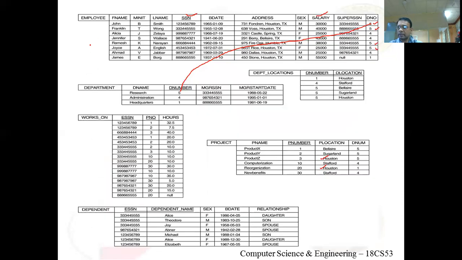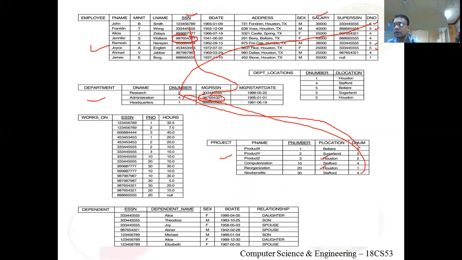I have to join this table and the project table. So first join this department number with this department number, and then this MGRSSN with SSN to retrieve the manager data. So now Stafford, 4 will be selected, administration department. Who is the manager for 4? 4321. 4321 is Jennifer.